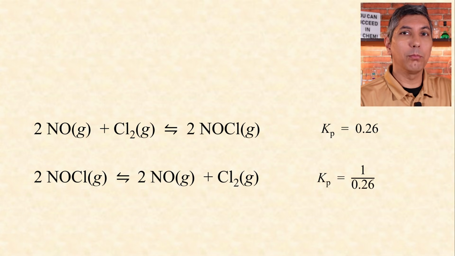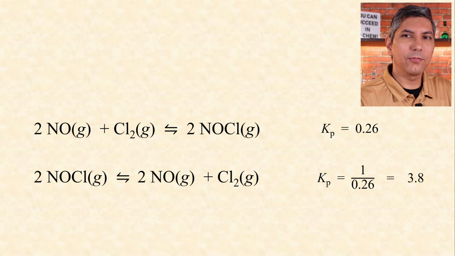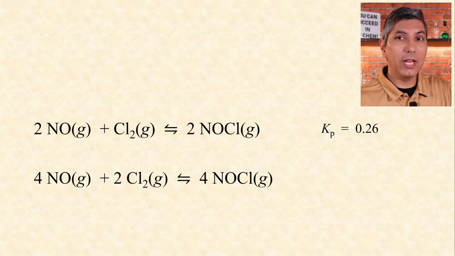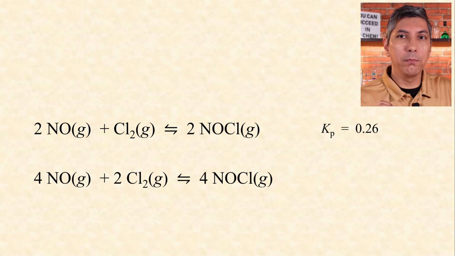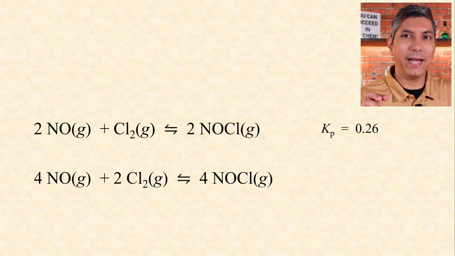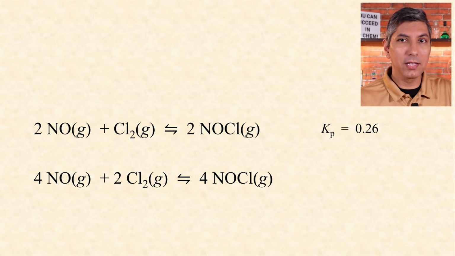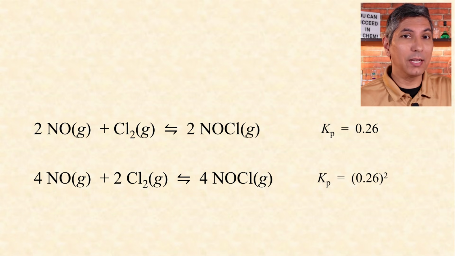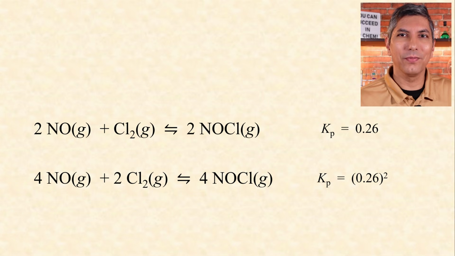1 divided by 0.26 is 3.8. What if we're asked to find the equilibrium constant of this reaction? Here, we've taken the original reaction and multiplied all the coefficients by 2. That means we take the original constant and raise it to the power of 2 to calculate the equilibrium constant of the new reaction. That's about